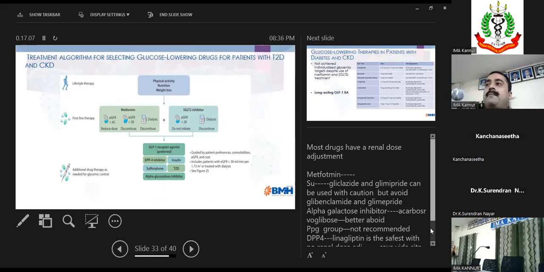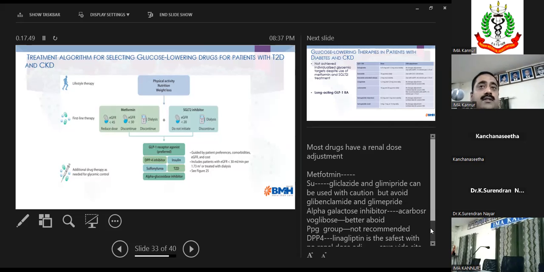But the metformin problem is that once you start metformin, many times the primary care physician forgets to follow up the creatinine levels. Over a period of time, the patient's creatinine will start rising, and the metformin dose has to be reduced when the eGFR reaches 45, and it has to be discontinued when the eGFR is less than 35, which is many times missed. Most patients on metformin over a period of time will develop complications because the dose is not adjusted. Even though the chance of lactic acidosis caused by metformin is low, the most common complication will be anemia because of the associated vitamin B12 deficiency with metformin.